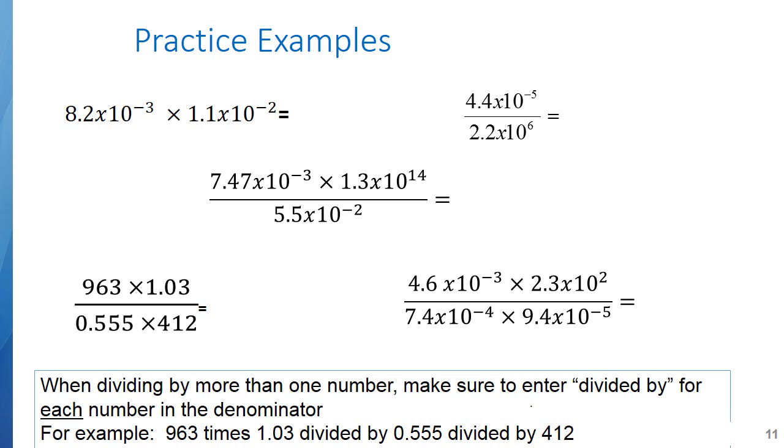If you're still a little bit confused about that, what I would recommend is taking the 963 times 1.03 and multiplying that out and coming up with an answer, and then multiplying 0.555 times 412 and coming up with an answer, and then taking the numerator divided by the denominator after you've done all the other math, and then you'll get the right answer. But if you just want to put it in directly, every time something's in the denominator,